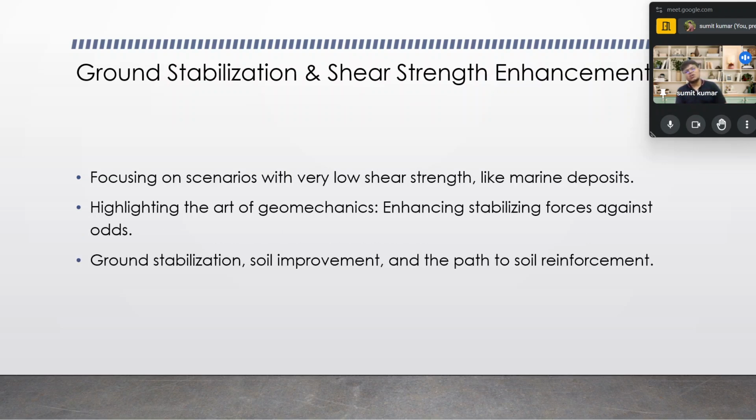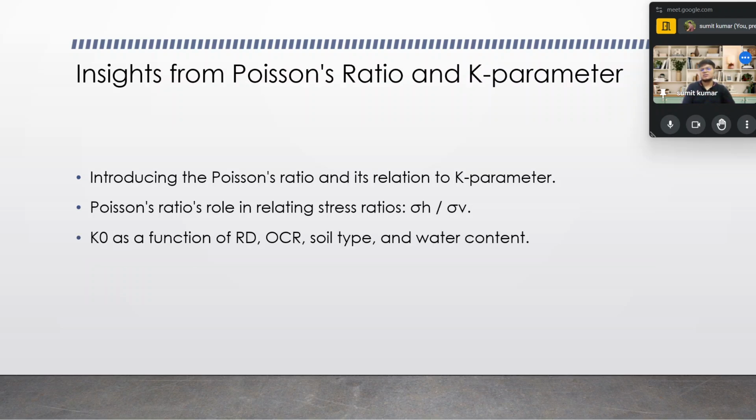Okay, when we talk about ground stabilization and shear strength enhancement, this focuses on the scenario with very low shear strength, like in marine deposits, and highlights the art of geomechanics, enhancing stabilizing force against odds, and the ground stabilization, soil improvement, and the path to soil reinforcement. When we talk about insight from the Poisson ratio and the K parameter, we introduce the Poisson ratio and its relation to the K parameter, the Poisson ratio rho in relation to the stress ratio sigma h by sigma v, and K naught as a function of OCR, soil type, and water content, obviously, because